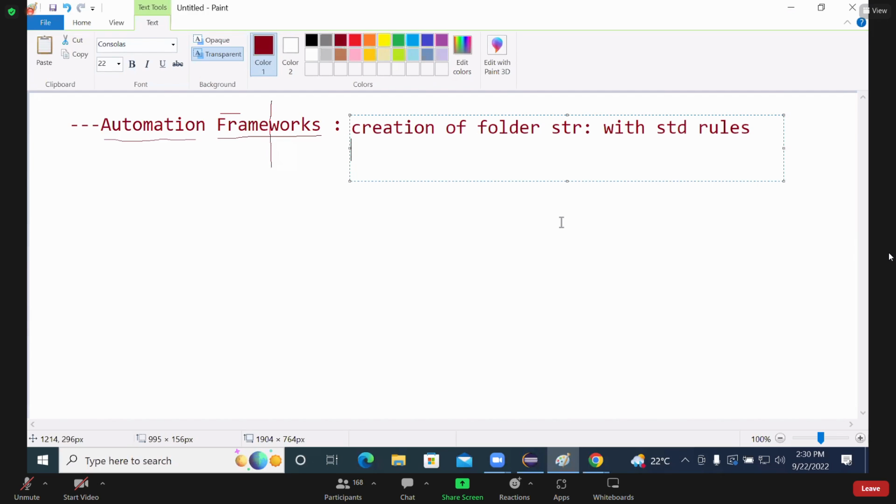There is no concept of this framework having 2 folders, another framework having 3 folders. There is no concept of those things. As simple as the meaning of framework, considering the creation of folder structure with standard rules. What kind of folders? It depends on that project and it depends on that client. Okay. But in general,